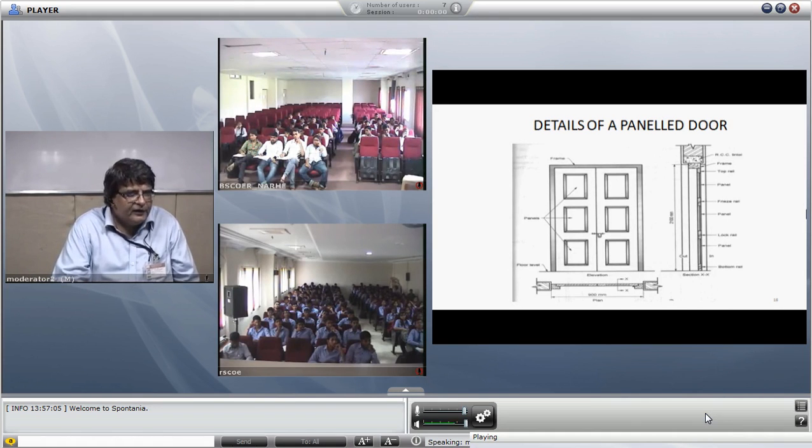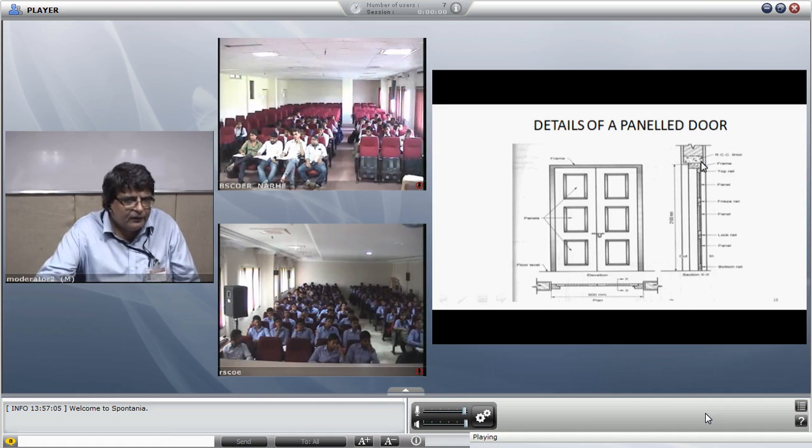Now these are the details of panel doors. These are the panels, sections. What is shown here is a lintel. See, this is the door opening, and above the opening there is this symbol. If you have seen, this is the brick masonry symbol. This is the RCC symbol, and